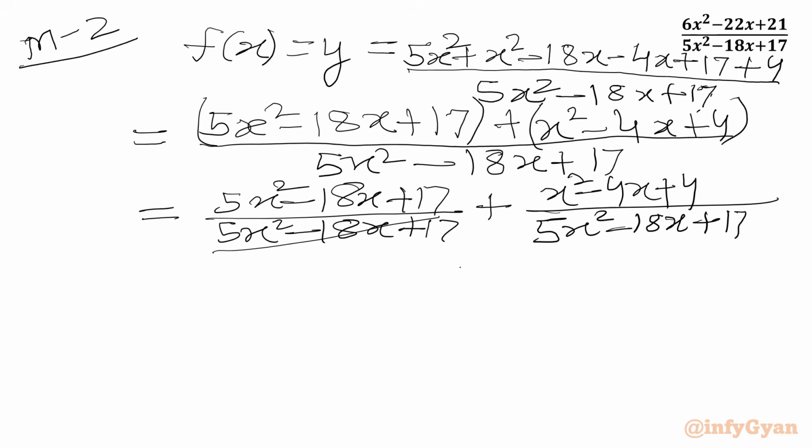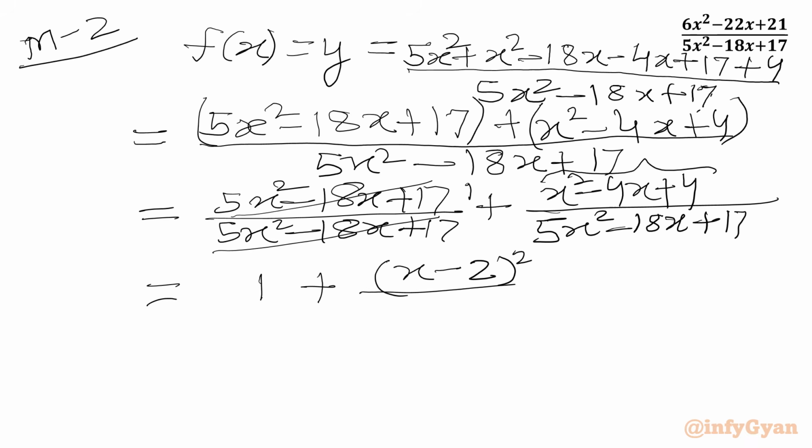Now these two terms will cancel, I will write here 1. So here we have 1 plus. This is a perfect square: x minus 2 whole square, and in the denominator we have 5x square minus 18x